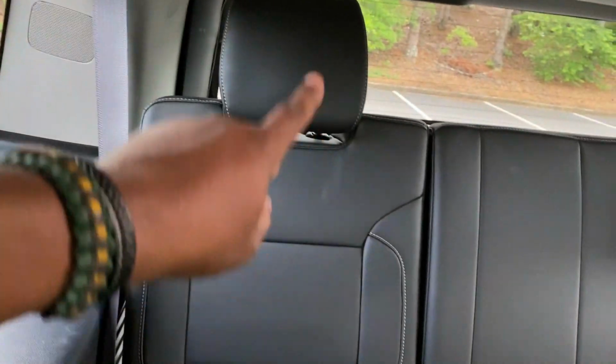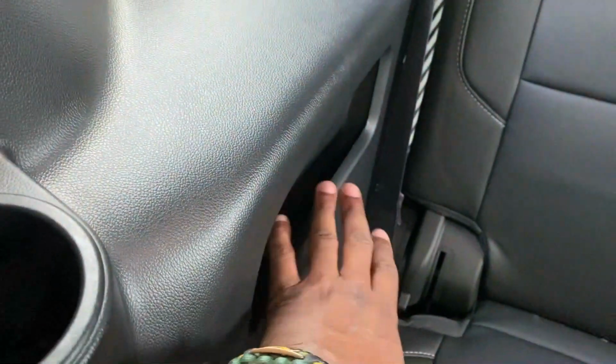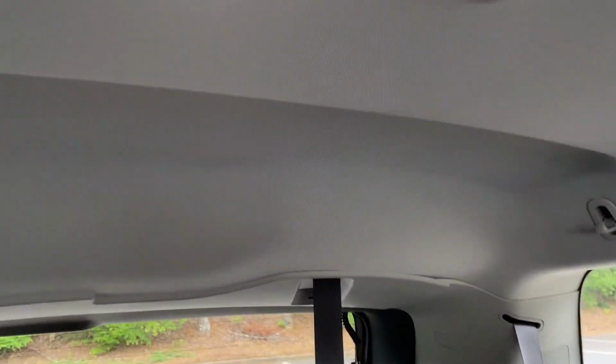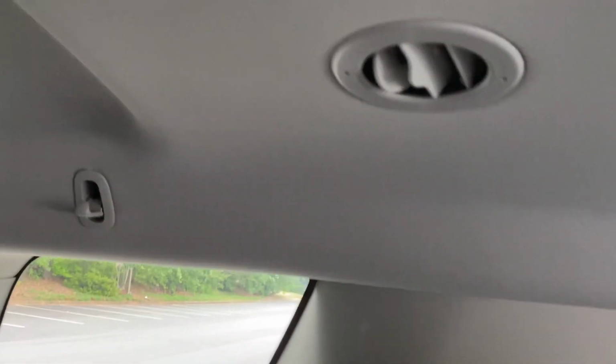So if I wanted to raise my headrest up right there, raises up very nicely right in there, guys, okay? Or you can just put it down and gives you a nice little neck rest on the back of there. You've got cup holders all over this vehicle, and little pockets and things like that for storage. There's a cup holder there, and two cup holders right back here. You've got your internal interior lighting here, as well as